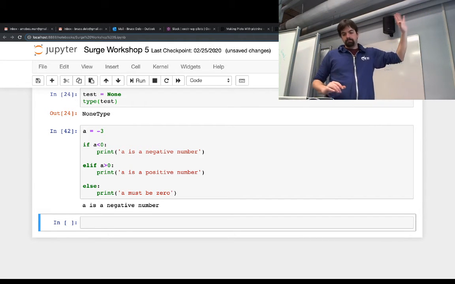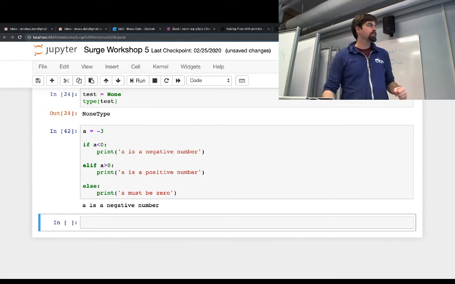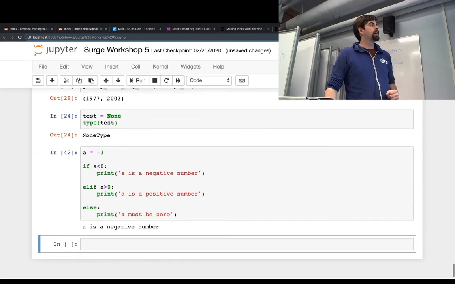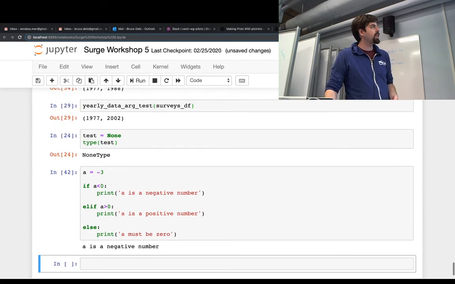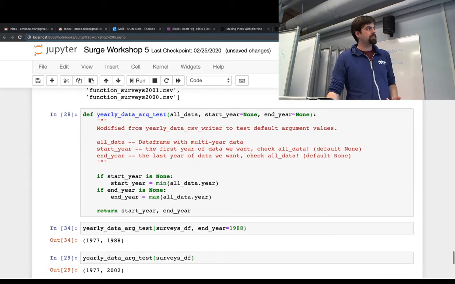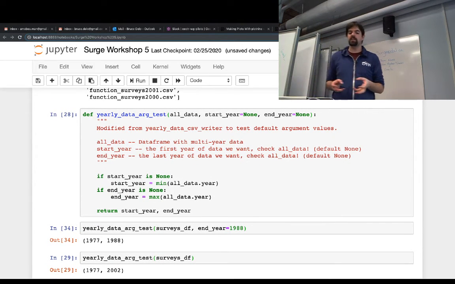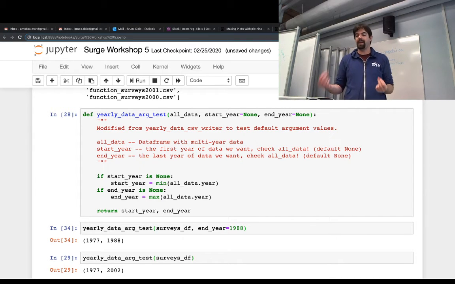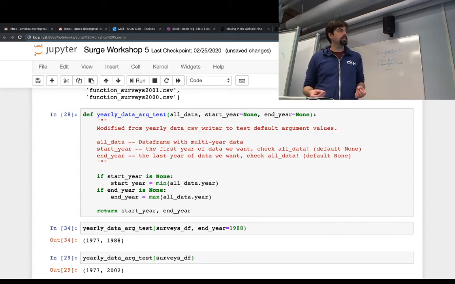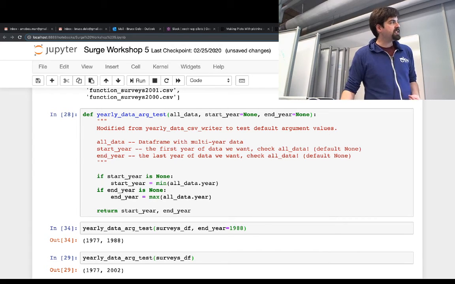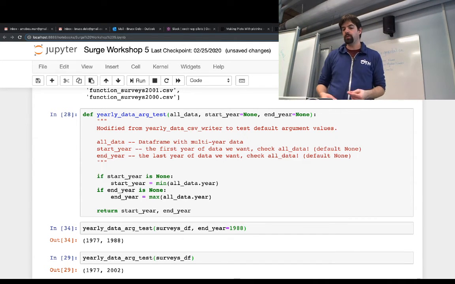So that's basically how a condition looks, how a conditional statement looks. And that lets us look at these with slightly clearer eyes. These are going to check whether or not there's an object associated with the variable names start year and end year. If those variables are none, these if statements are going to register as true and execute whatever is in